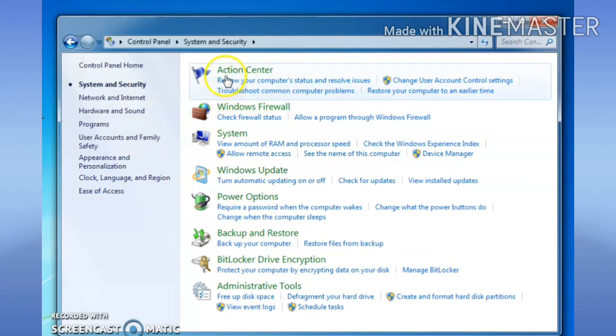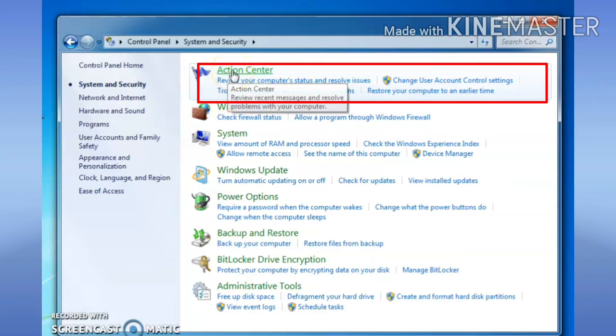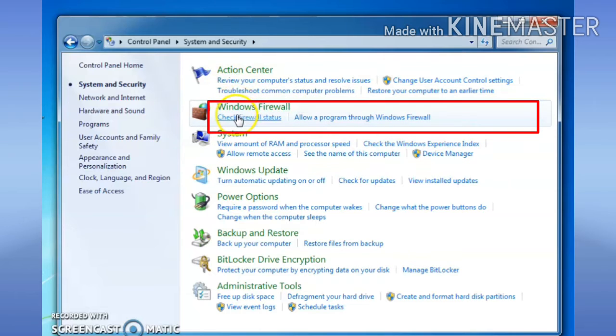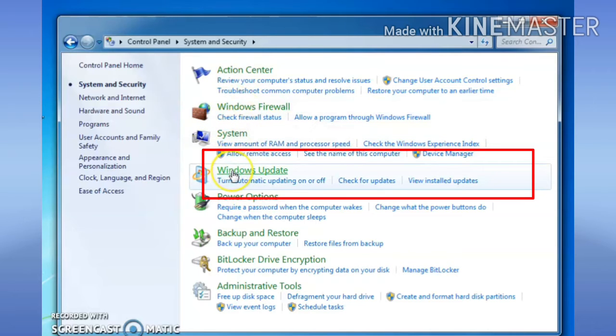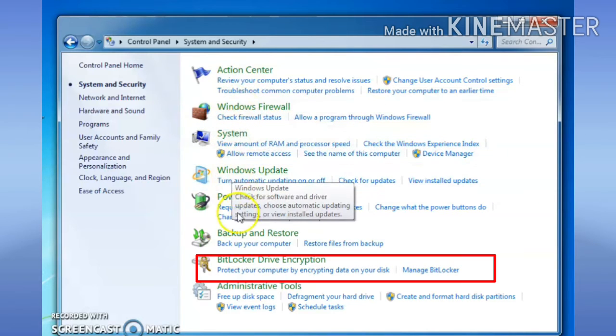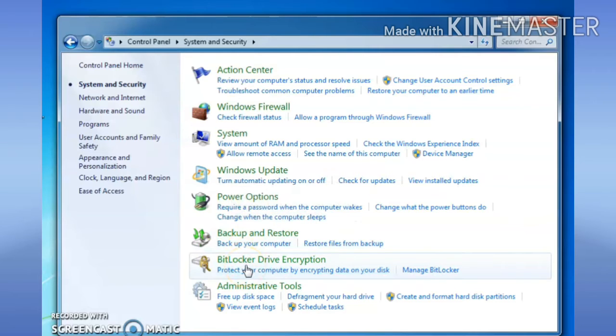See this Action Center, then Windows Firewall, Windows Update and BitLocker Drive Encryption. So these are the 4 apps which are dedicated to the security of Windows. It allows us to enhance the safety and security of the computer.